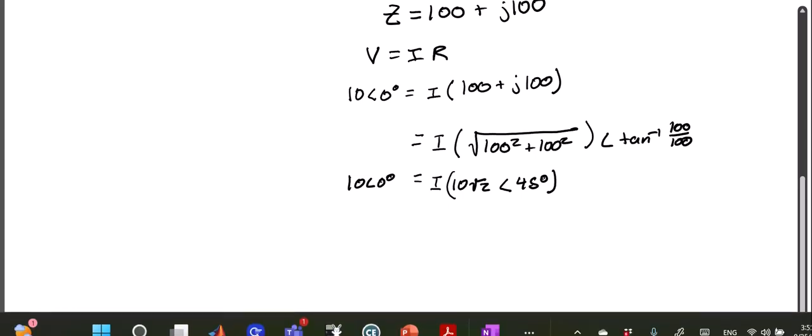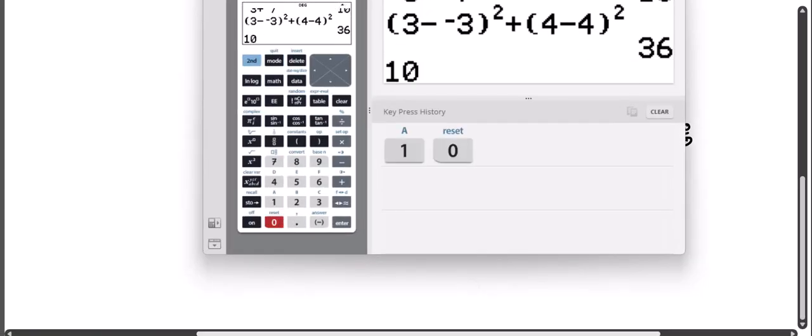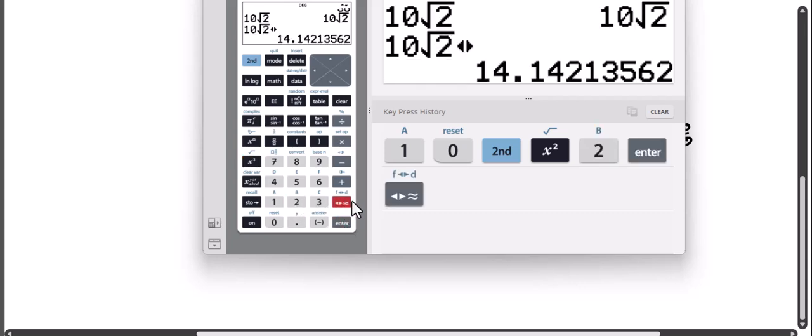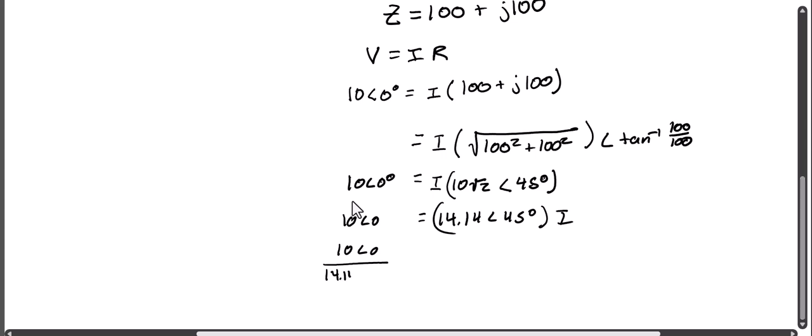And then 10 square root 2 is, I knew that, 14.14. And so this is 10 angle 0 over 14.14 angle 45 degrees